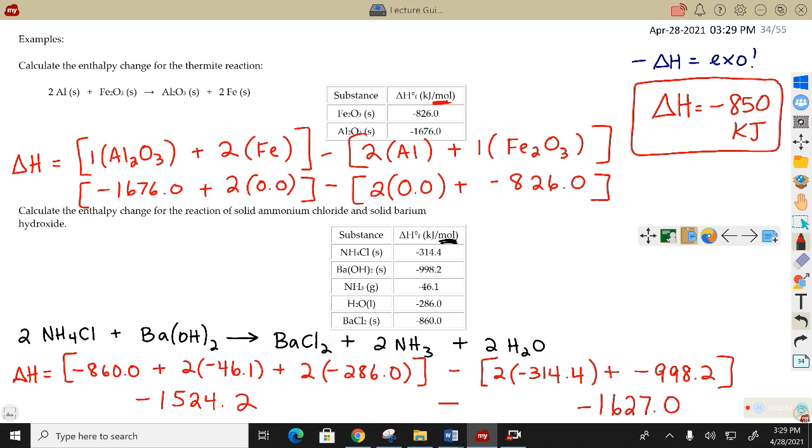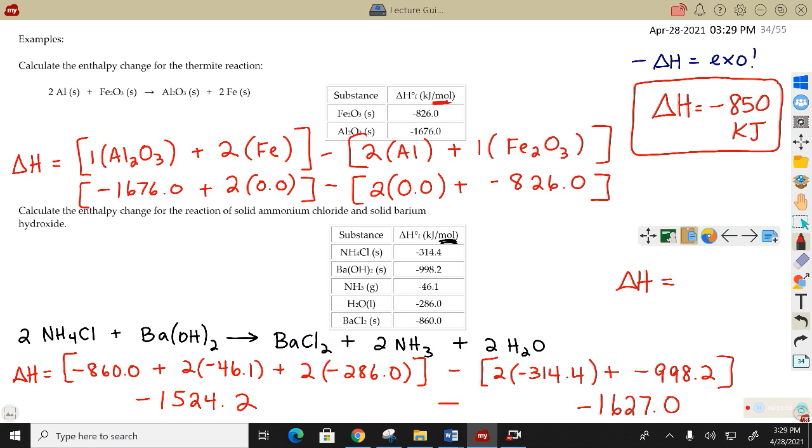Okay, so now again, I just have to be careful. When I put this in my calculator, I've got minus a negative. So just be careful. That's usually some of the bonehead reasons why we don't end up with the right answer in the end. All right, so I'm seeing delta H equals,